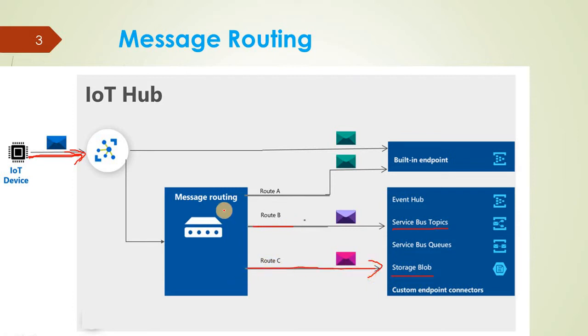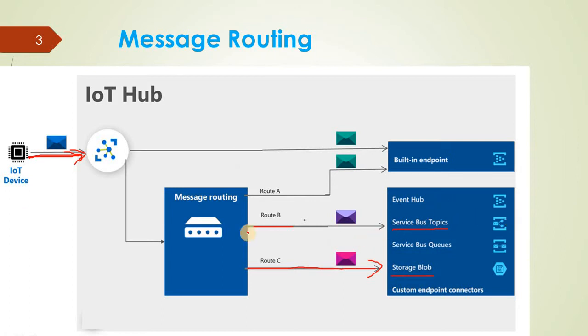Message routing is basically a filter condition which filters the messages. It redirects them to the different endpoints. Either it can be a built-in endpoint or a custom endpoint. Suppose here in the diagram, you can see there are 3 endpoints. One message it will direct to the blob, another it is redirecting to the Service Bus Topic. And if the filter condition does not match any of the custom endpoints, then it will redirect it to the built-in endpoint. So this is all about message routing. Message routing basically filters the message based on some condition and redirects that particular message to a particular endpoint.